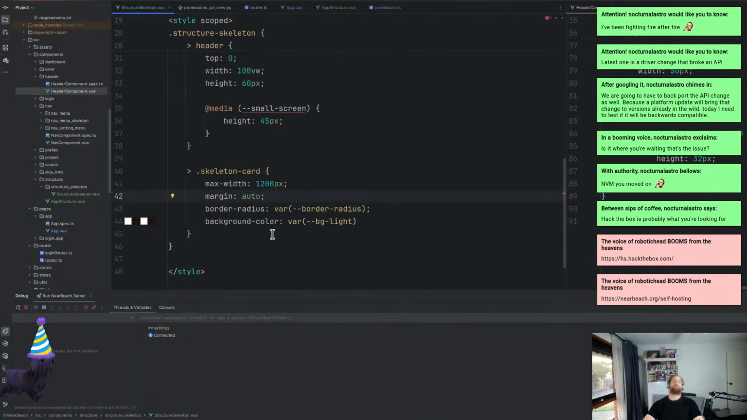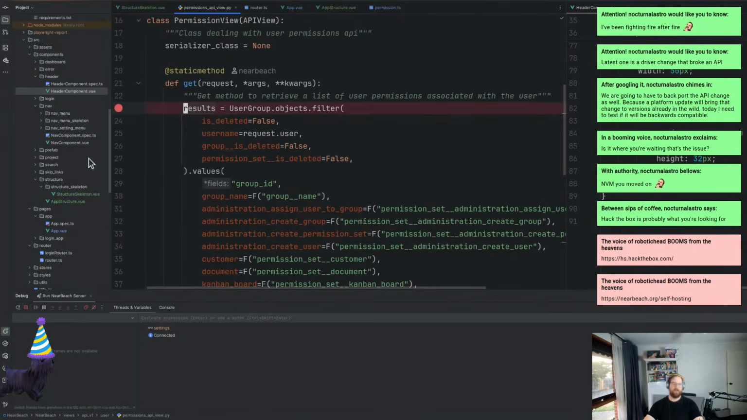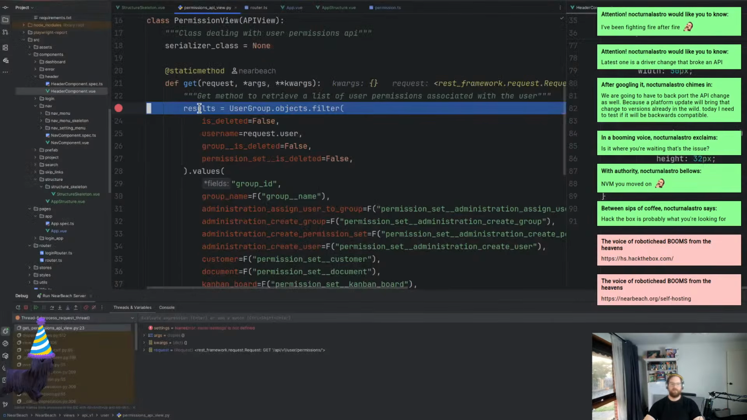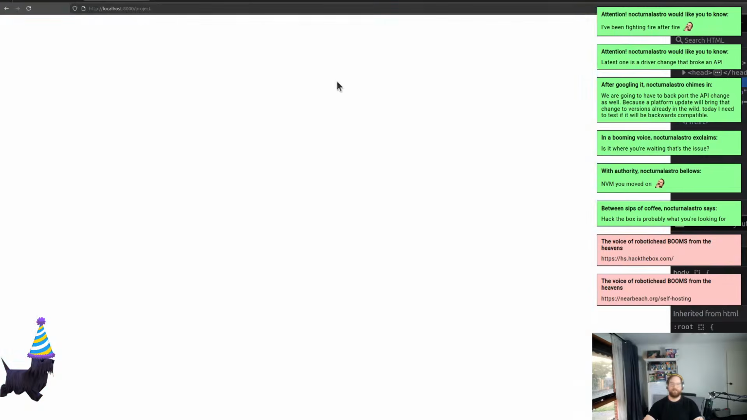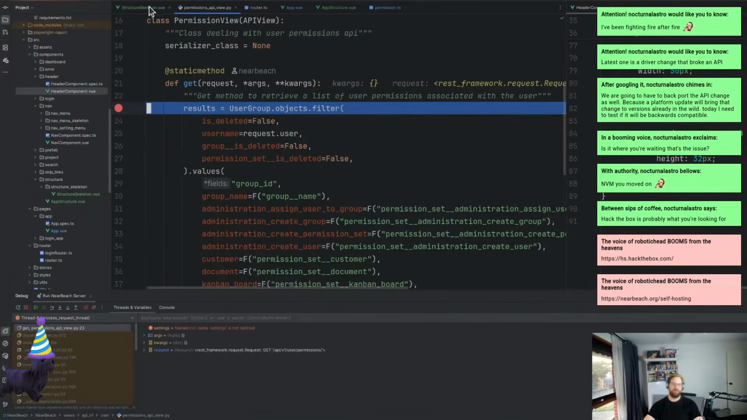Where was I? I was over here. We've got the cards, we've got the max width and all that kind of stuff. What I want to set up is I just want to put a breakpoint here. There we go. We're going to go over here. We're just going to hit refresh. So it has hit this. I haven't set the background. That's why. And the skeleton card doesn't have anything in it. So what I might want to do